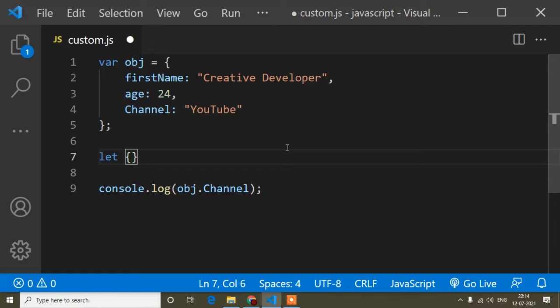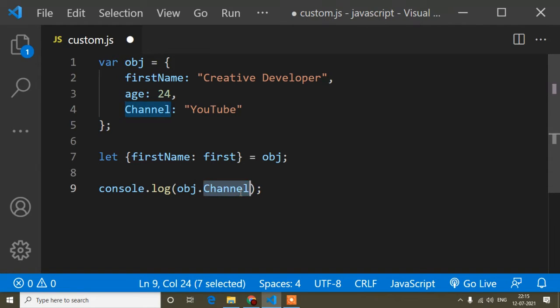If I write first name, colon, first, that means this first name instance is first. And we have to write equals to this object. Now it's done. That means we don't need to write object dot first name if I want to get the value of this property. We don't need to write it this way.